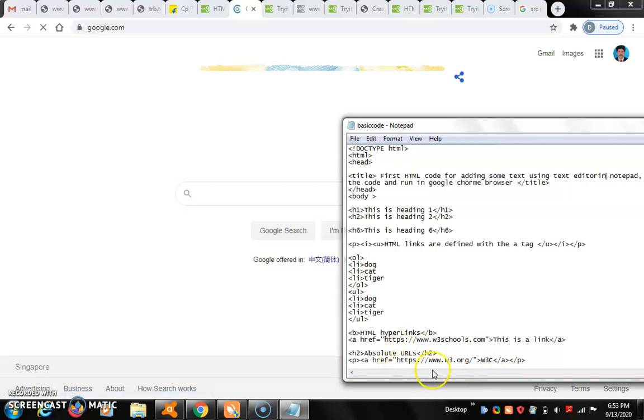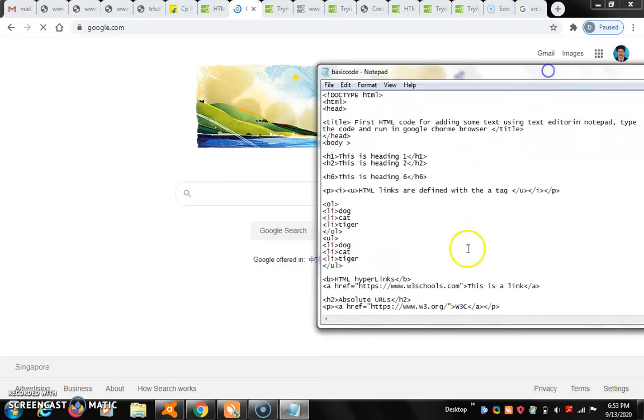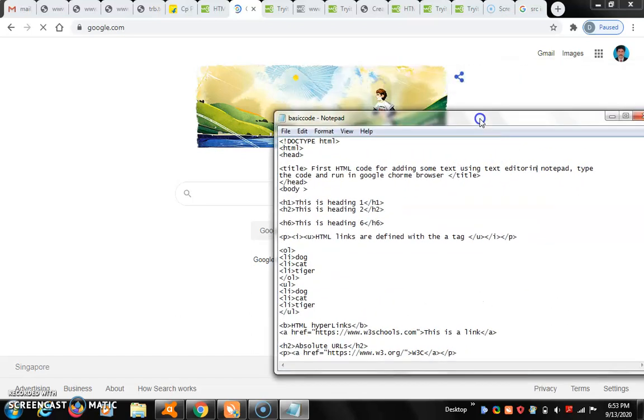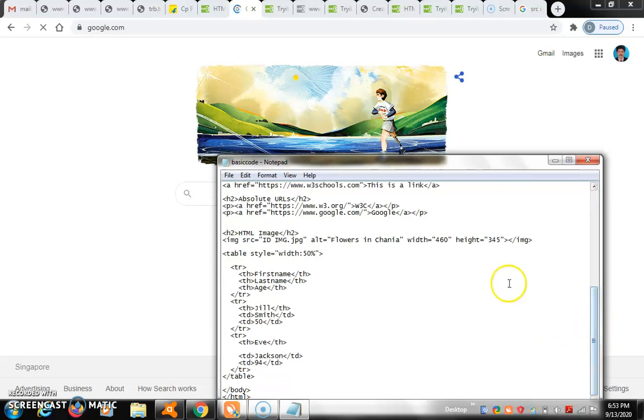The second one is w3c.org. Then the third one is Google. Today some special cases display different images. Okay.